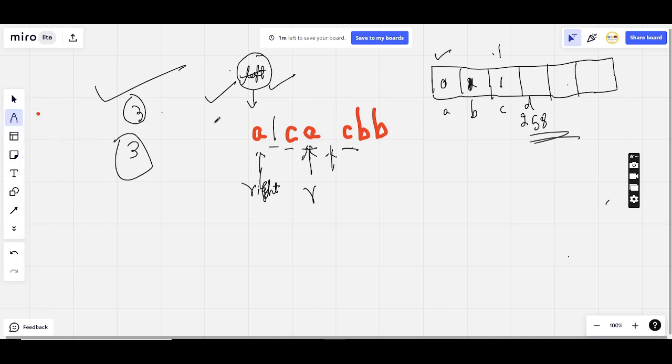A B, so it's A B, C A B, right? So let's move the current window. The current window is over here. The left pointer is here. So this is 0 1 2 3 4, and what I want to do is,